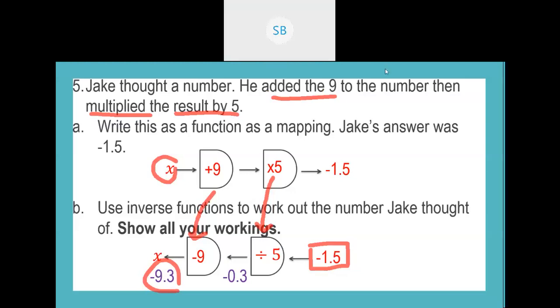If I make it go the same way as the first function map in letter A, but the numbers are in a different pattern, so like you write divide by 5 first and then minus 9, going the other way, can? Yeah, that is also okay, as long as you know that the number you have to write first is the opposite of times 5 and then the opposite of plus 9. That is okay.